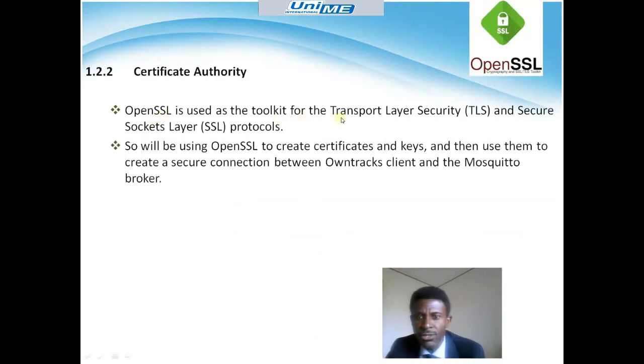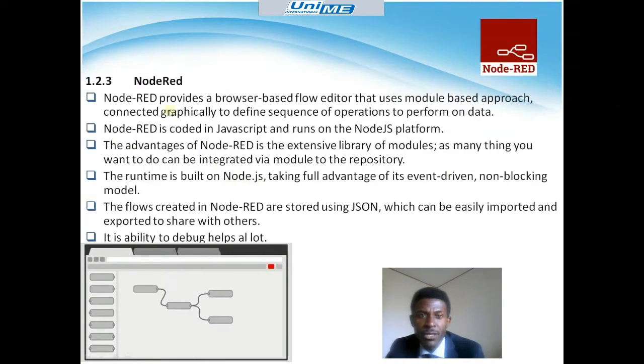OpenSSL is used as a toolkit for the transport layer security. We use it to generate certificates and keys and then use them to create a secure connection between the Owntracks client and the Mosquitto broker. Node-RED is a browser-based flow editor that uses a module-based approach that connects things graphically to define